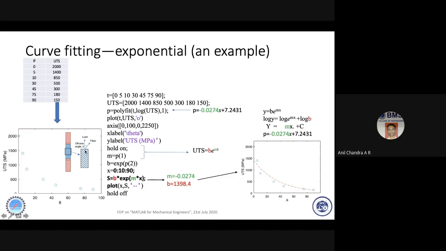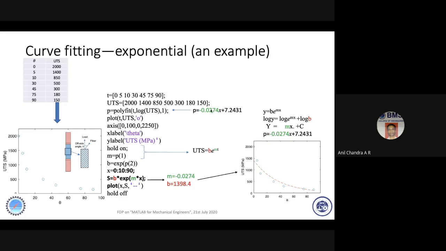And as I kept increasing theta so much that it went to 90 degrees, it was only the matrix which was holding on, and I got 150 MPa. So the curve comes down like this. I don't know if it's a polynomial fit or exponential fit, I don't know anything. So what I did, I took the X data and the Y data, right? Please listen and observe. I took the X data and Y data in MATLAB, X comma Y, and I said polyfit first order.